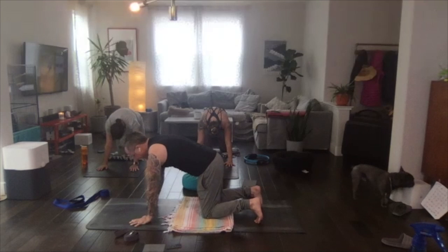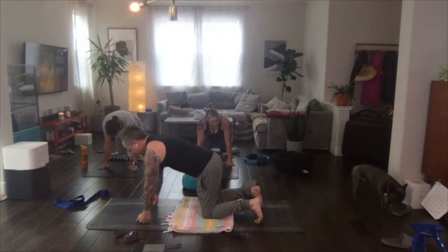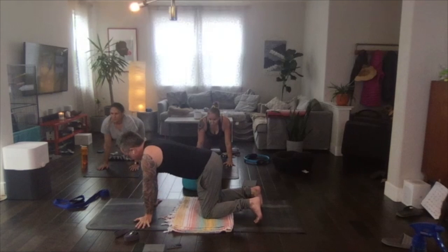Now you can modify here. If this hurts your wrist, you can come up onto fists. Sometimes I like that after being on the computer for a couple hours. Exhale. Two more. If you want to take your hands and point your fingers 90 degrees to each side of the